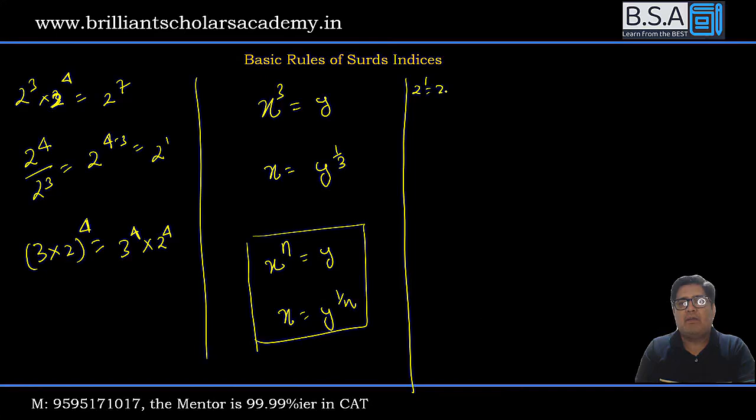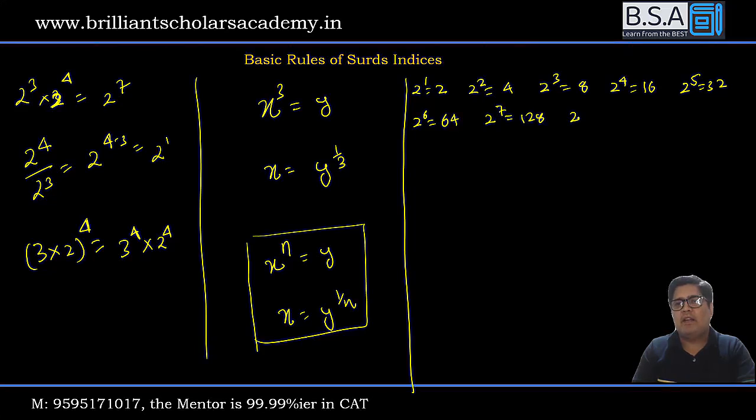2 to the power 1, 2, 2 square, 4. Remember, try to remember, very beneficial. 2 cube, 8, 2 to the power 4, 16. Just doubling the previous value. 2 to the power 5, 32, 6, 64, 2 to the power 7, 128, 2 to the power 8, 256,